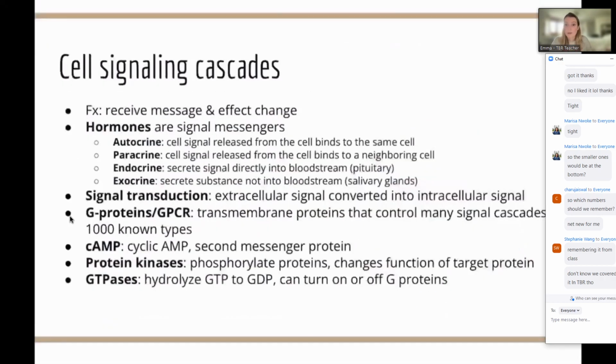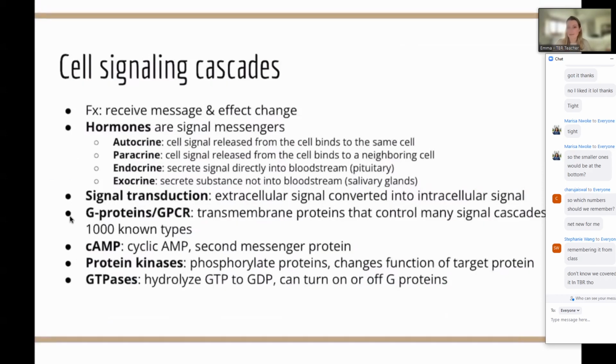But as I said, we know that cells don't just hang out and live by themselves. They're obviously in an environment with other things. So there are different signaling cascades. I would just be familiar with the names of these different cascades and that overall these are options. I wouldn't spend time going into extreme depth on all of these unless you have a year before your MCAT. But just good to know you have hormones.